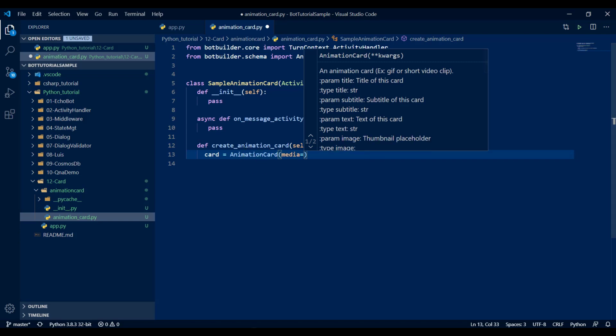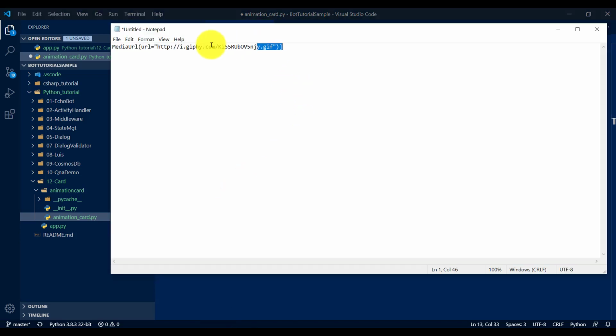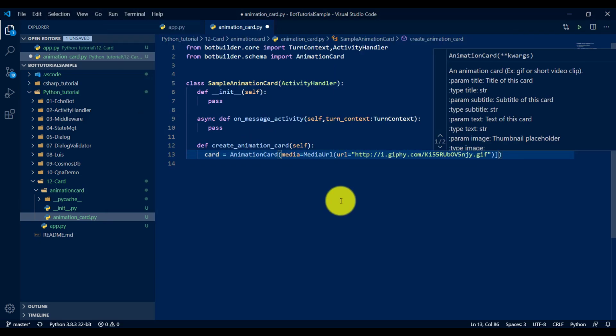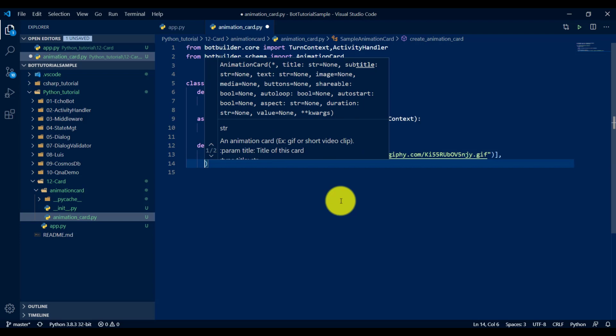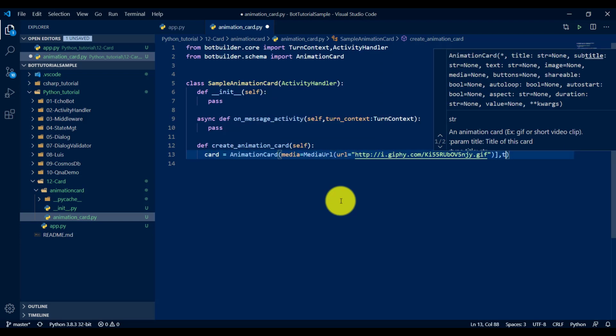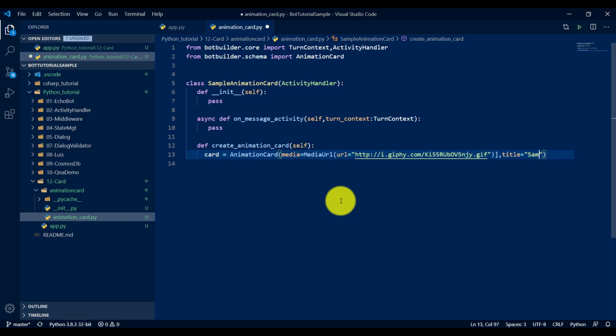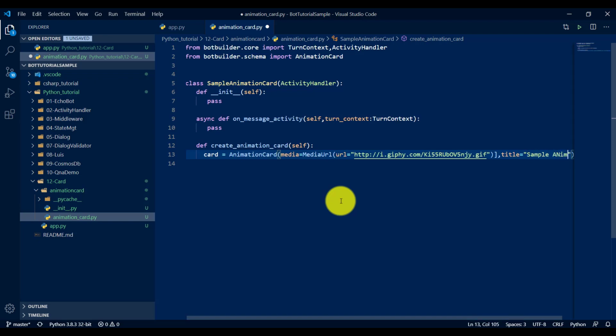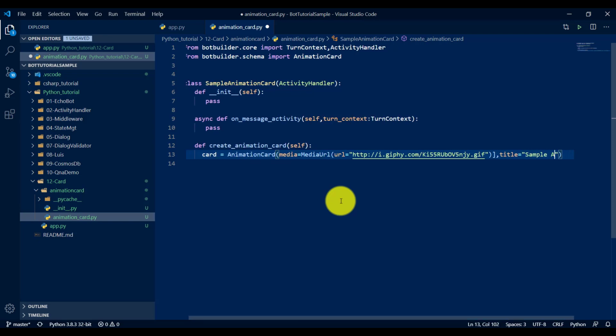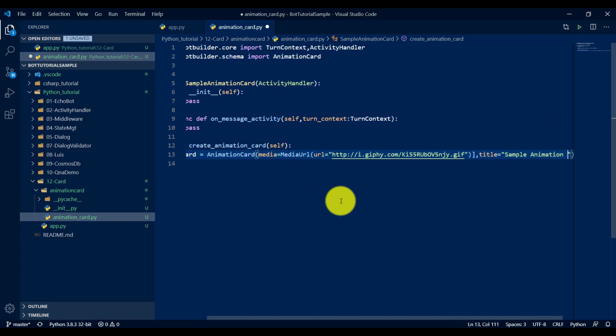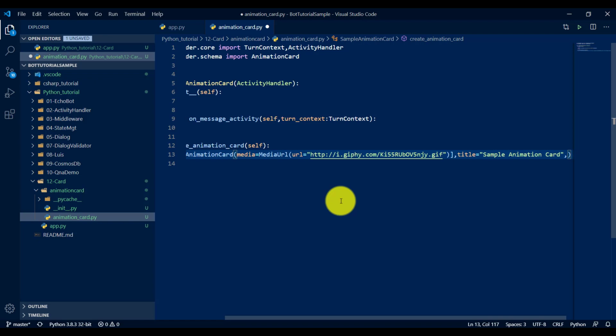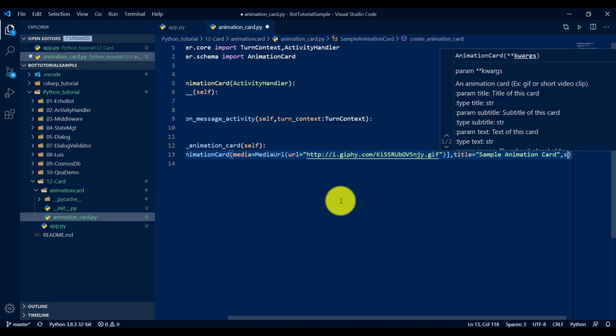I already created a path, so I just copy and paste it. This is my media URL and the path. Next, the title. Maybe I will call it sample animation card. Some other properties are also available, and you can use them if you want.